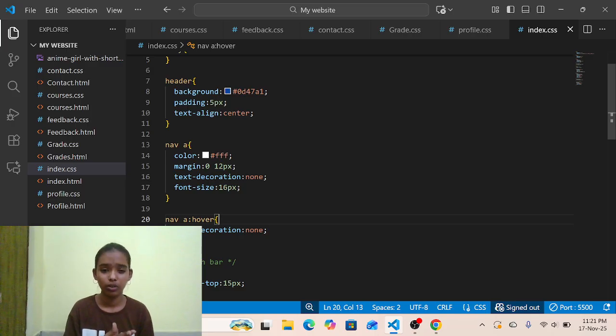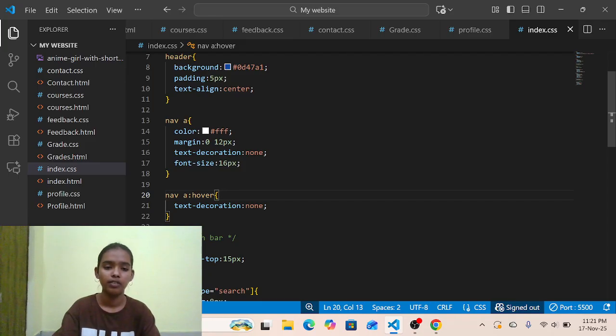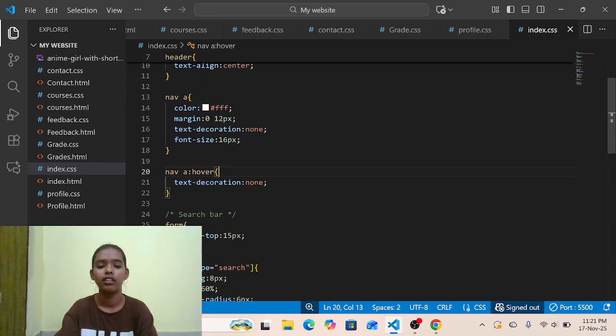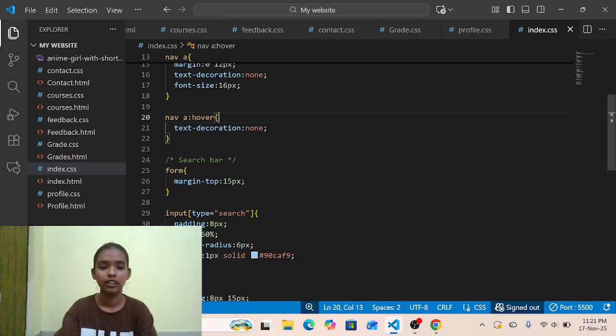When I don't put text decoration none, you can see an underline. Because I'm using none, you don't see it. And font size: I take 60 pixels and this increases the size.